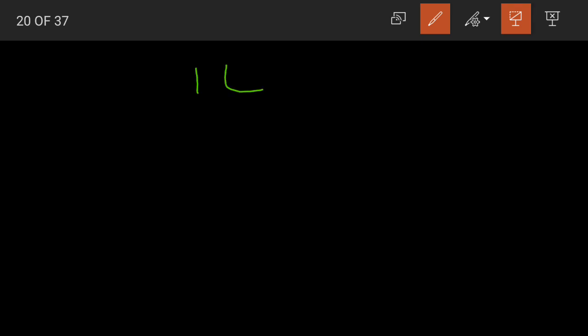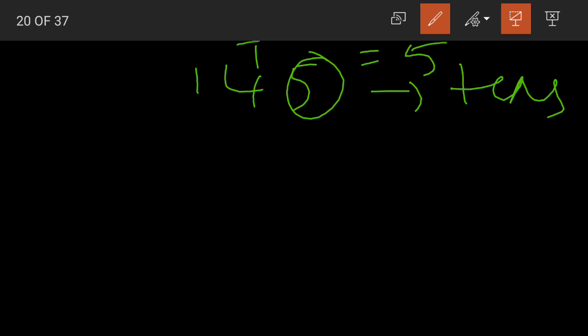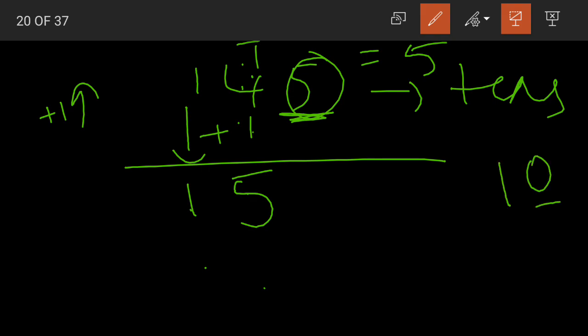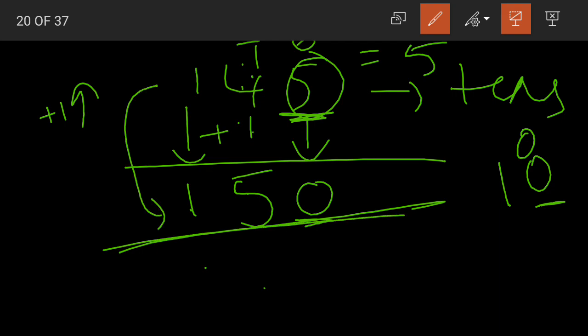Let me explain again. 145 rounding off to the nearest tens. So what digit should we look at? We should look at the digit in ones place. It is equal to 5. Rounding up, that means we need to add 1 to the digit in tens place. 4 plus 1, 5. This 1 was there already, so we'll write it as it is. Now what about the digit in ones place? In 10 we'll have 0 in the ones place, so the number in the ones place will be replaced by zeros. 145 rounded off to the nearest tens would be 150.